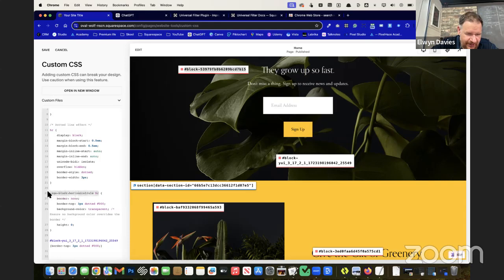This is where we can copy this code here and then paste it at the end of this section and then change it to FFF, which we remember is all white. And now,